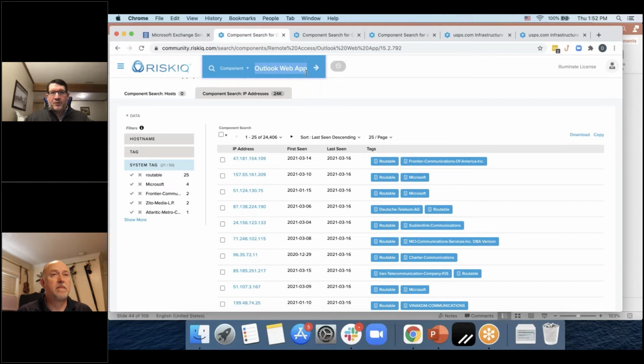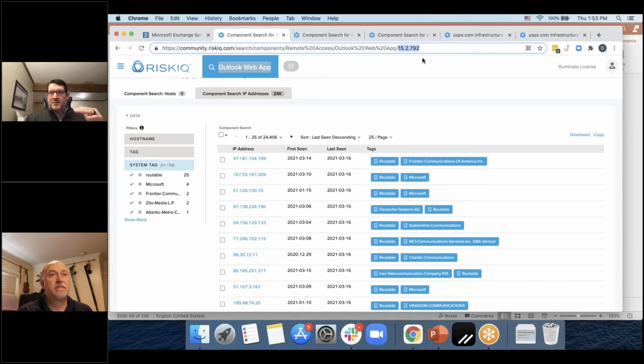I've got Outlook Web App selected, and it's going to return a number of results. In this case, I've already tweaked it. If you look at the URL up here, you'll see that we go into components, remote access, OWA, and then I've thrown in one of the specific vulnerable versions of OWA tied to the Exchange vulnerabilities. This is probably the easiest way to do it.